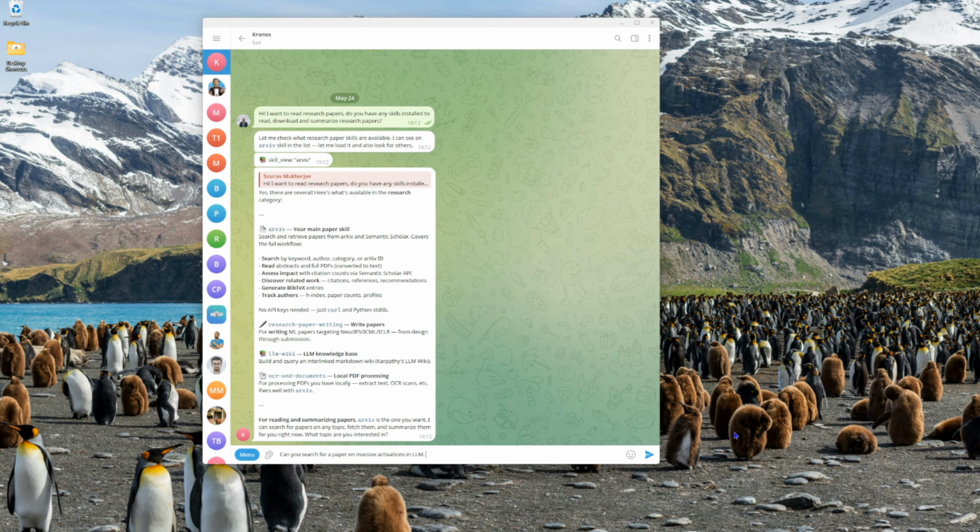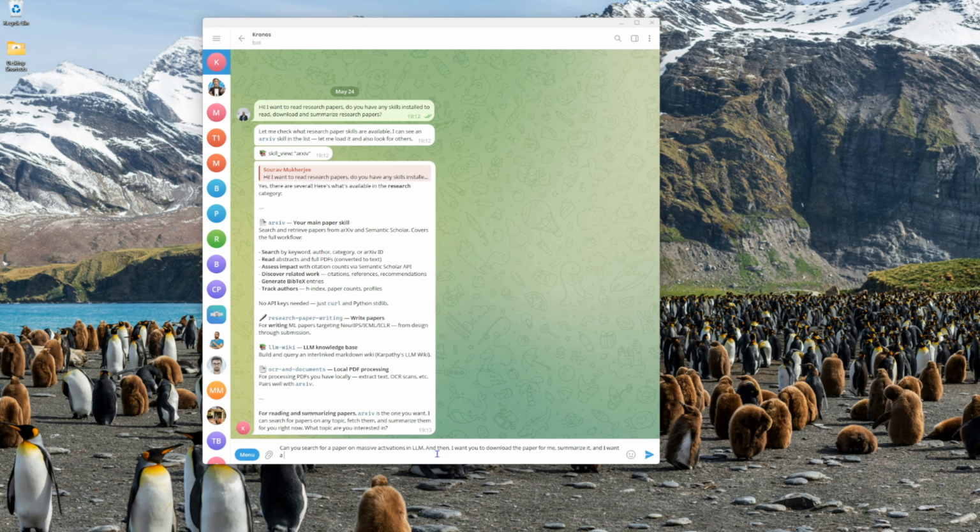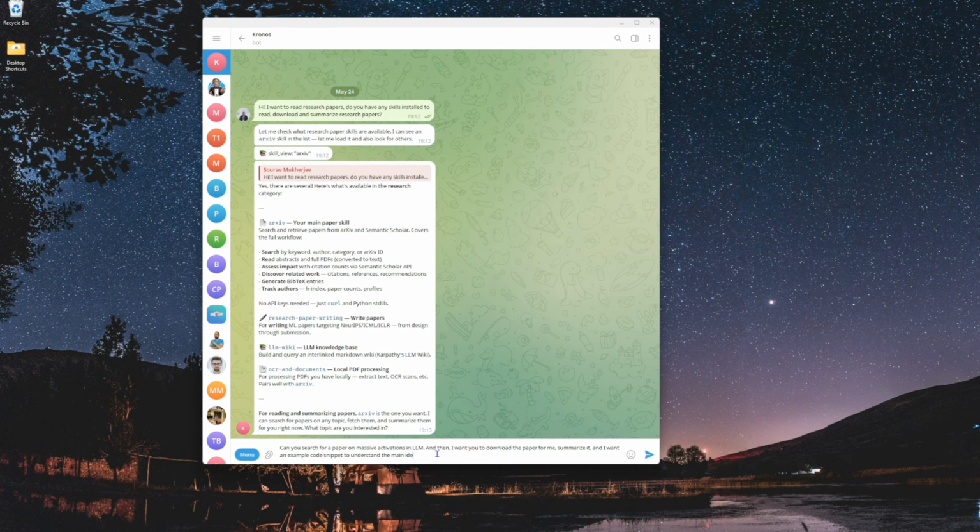It can take any actions, right? But how will it actually help or benefit you? So not only will it search the paper for me. Can you search for a paper on massive activations in LLM? And then I want you to download the paper for me, summarize it, and I want an example code snippet to understand the main idea,